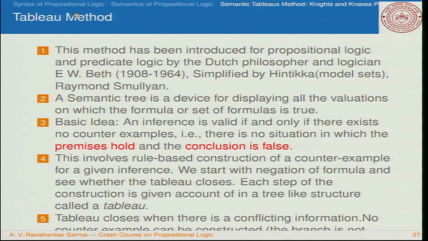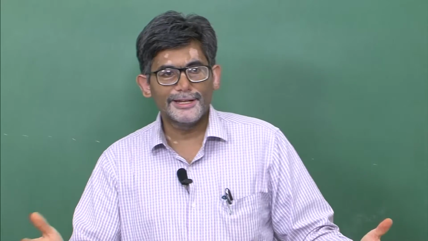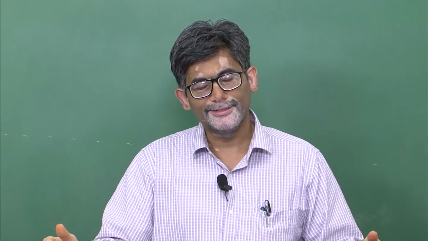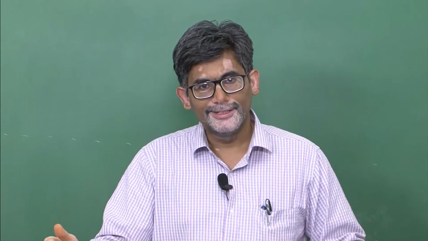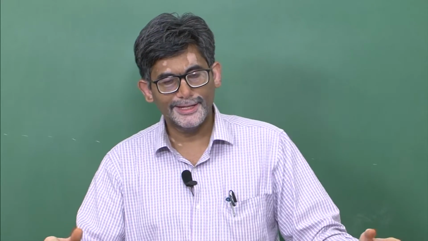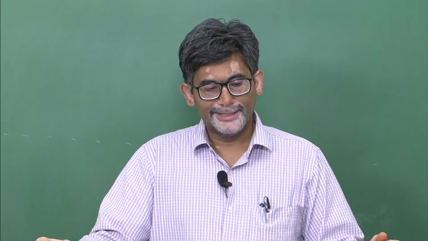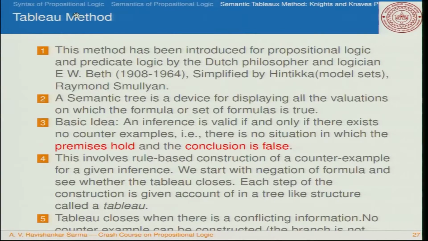One of the important things you need to note is that the truth table method is also a decision procedure, but it is going to be difficult for us to track all the rows of a truth table, especially when the number of variables increases. If there are 3 variables, you have 8 entries in the truth table, which is easy to manage. But when n is 7 or 8, we have 128 entries. It's very difficult for us to monitor those, though a computer can do it easily. So the semantic tableaux method simplifies those things.